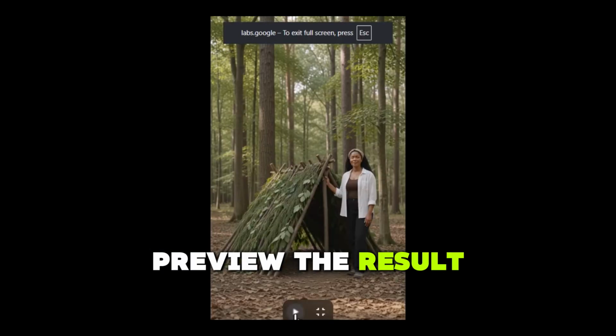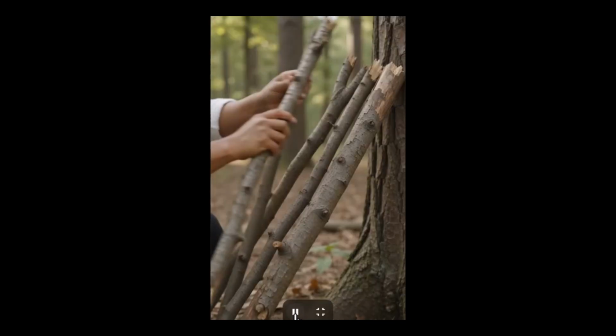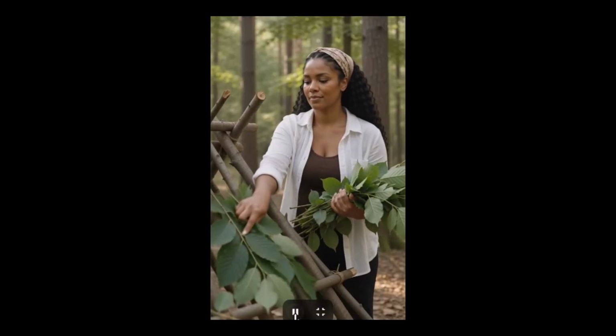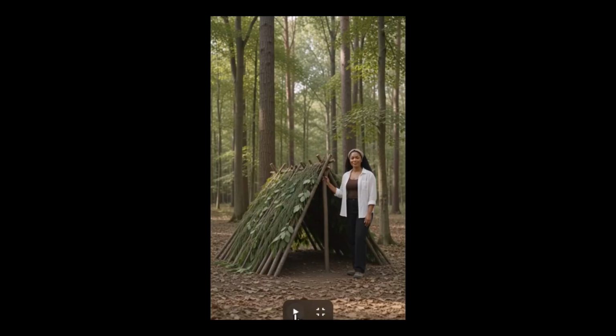Preview the result. First, find a dry, sheltered spot. Gather sturdy branches and natural materials. Build a simple sloped frame. Layer leaves and vegetation for protection. Before using it,